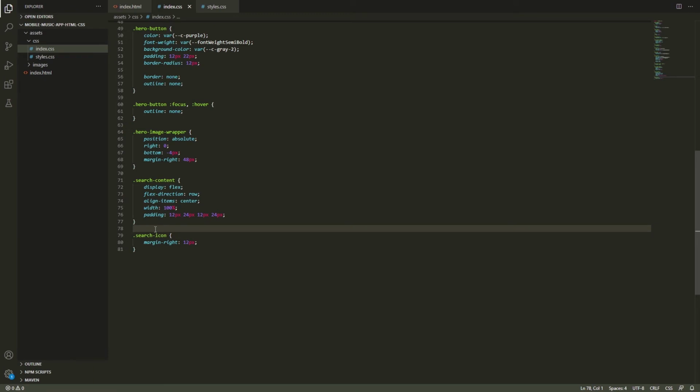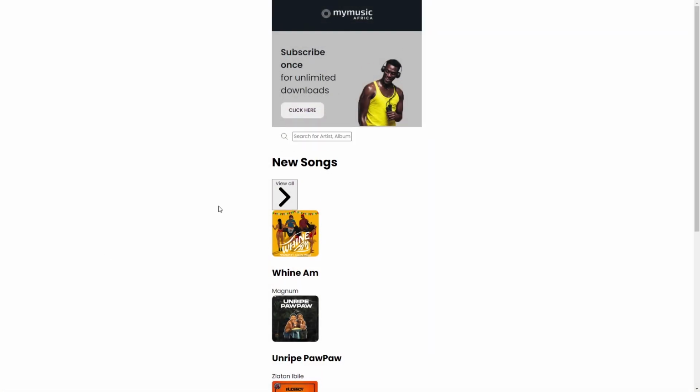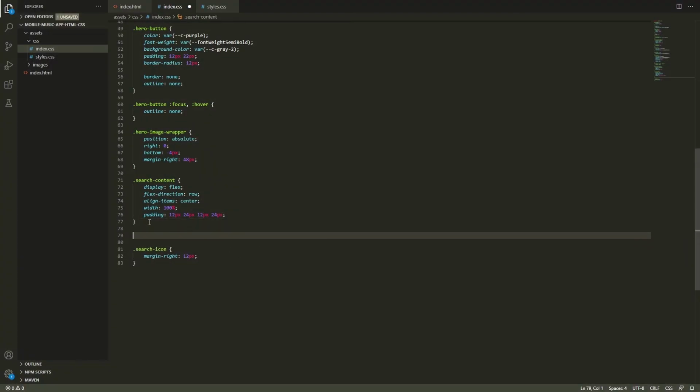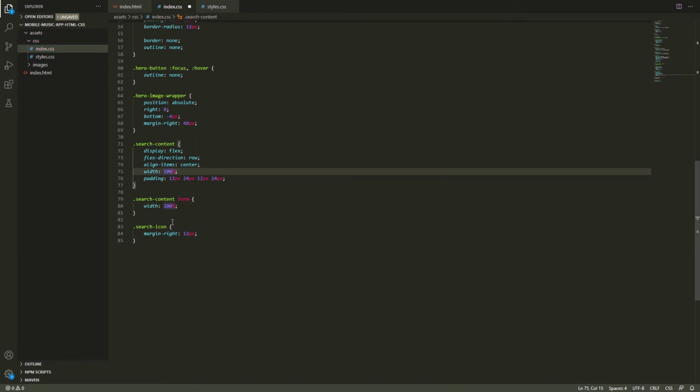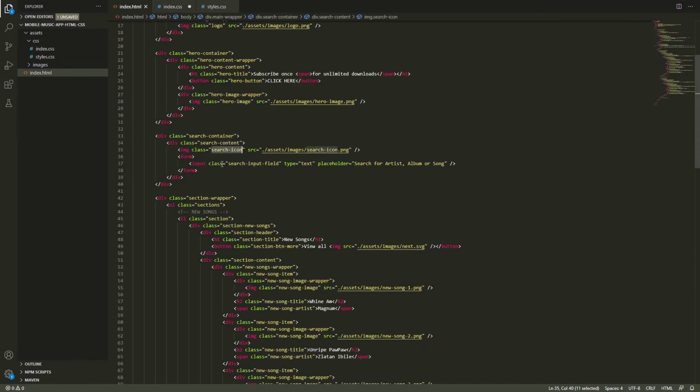Yep, let's save this and see how it looks. Okay, here let's refresh it. Okay, so I'm gonna remove the border of this input and make the form to be 100% width on this. Okay, so let's see how to do that. So for our search content in our form, I'm gonna make the width 100%. Okay, so for our input